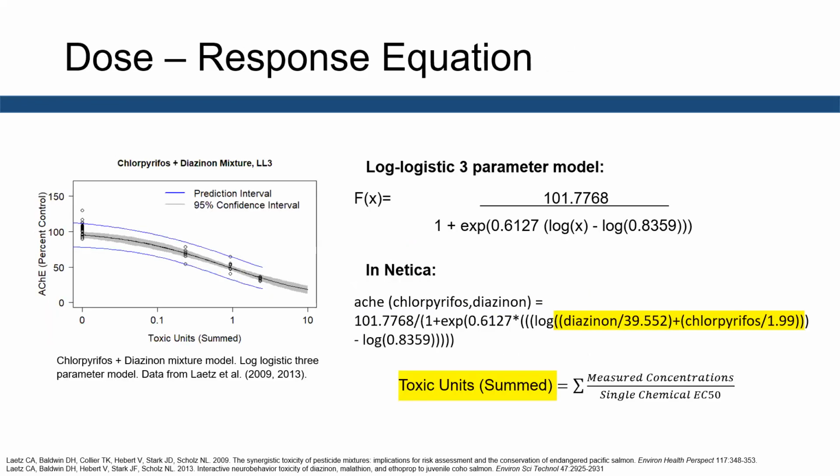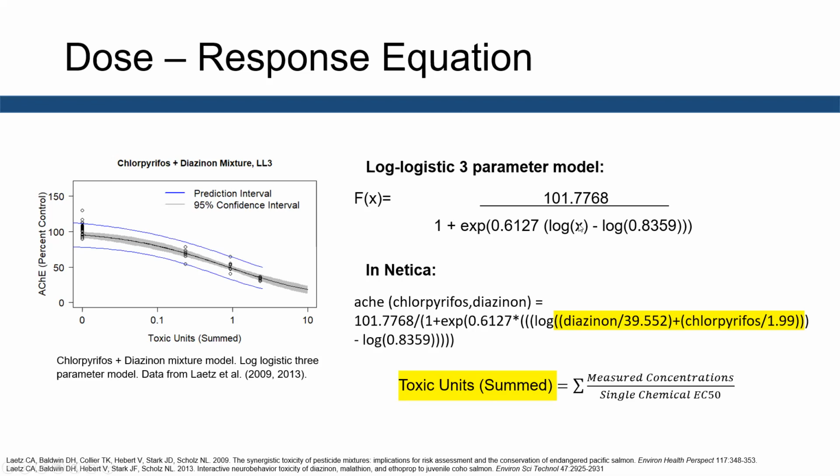And so in order to put the equation into Netica, this is kind of an outline of how I went about that. So this was done in R using the DRC package. And when you construct the model with DRC, it will give you the equation, or it'll give you the parameters in the equation. You can fill it in here. So this is a log logistic 3-parameter model. And here's the equation for that with the parameters from this model put in,